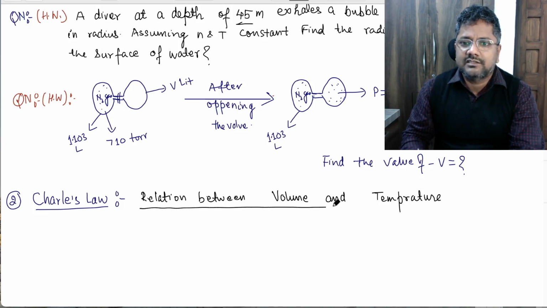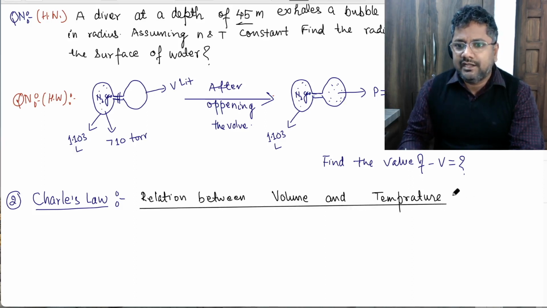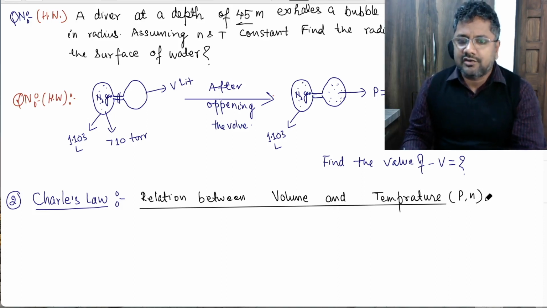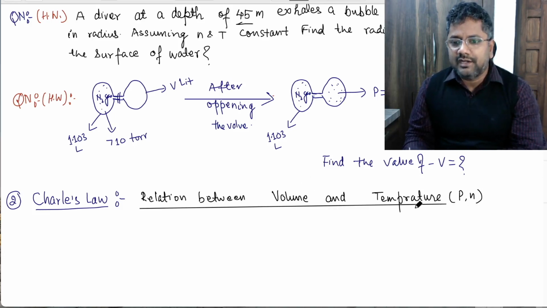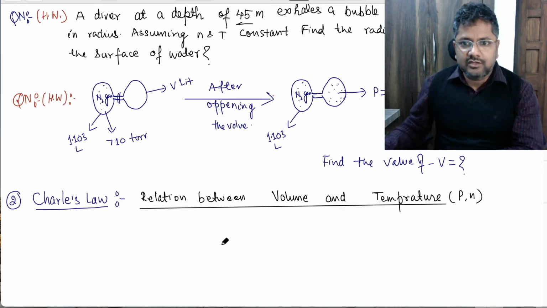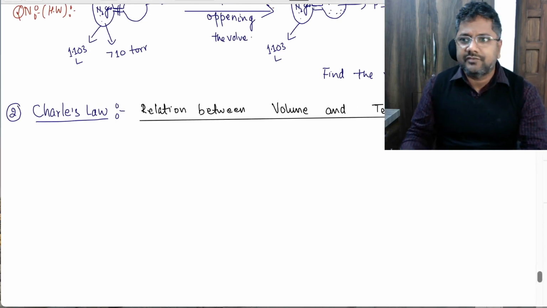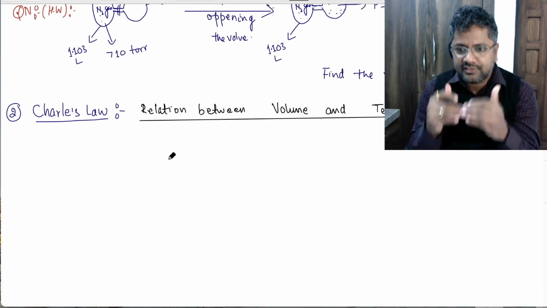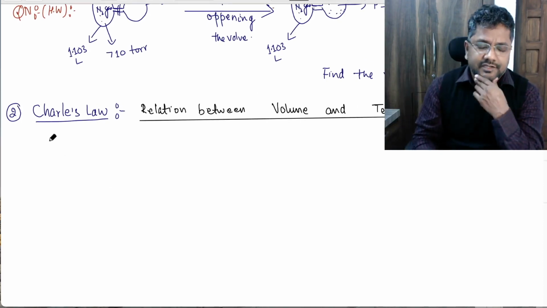So Charles' law is the relation between the volume of a gas V and T at constant P and N. So this time pressure and number of moles, meaning quantity, is constant. This time we try to find the relation between volume and temperature. We have two statements for Charles' law, right? So first statement, and after that I will write the second statement. The first statement is at constant